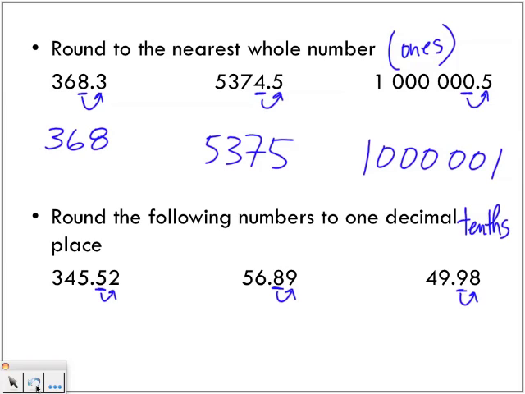So, does this 5 change? No. So the number is 345.5. Good. Next one. 56.9. The 8 got bumped up to 9. And this last one. Now, this 9 is going to become, it's not really 0, it becomes,